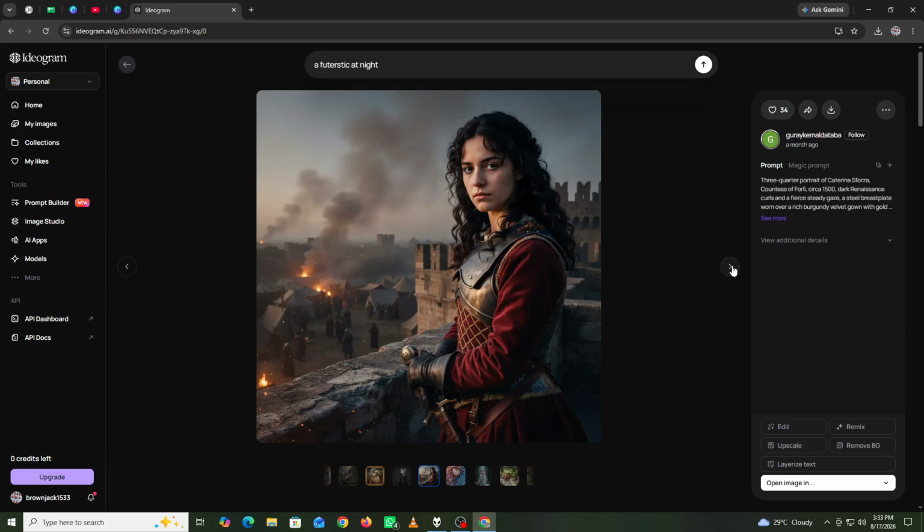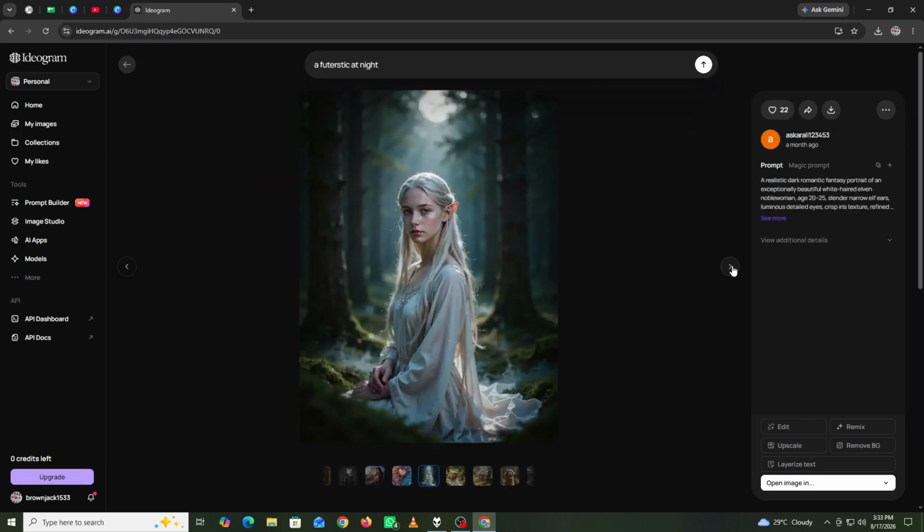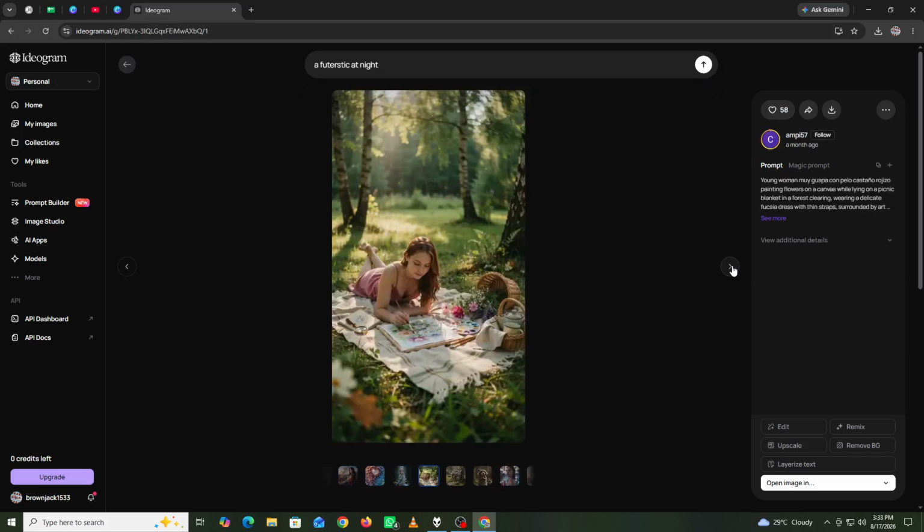Once you find an image you like, use the available editing or remixing features if you want to make additional changes. After completing your edits, review the final image carefully and make sure there are no unwanted details or mistakes. Finally,